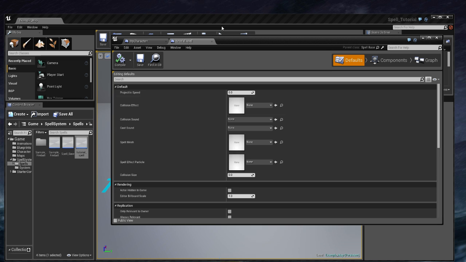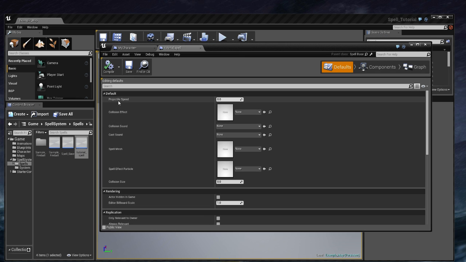The blueprint actually handles more of the projectile of the spell, so it doesn't have to be a projectile, but in case you wanted to create an instant cast spell or a channeled spell, then the channel spell, for example, could be done as multiple projectiles being casted once every second for a certain period of time. And instant cast spells would have a projectile speed. It wouldn't really matter, because what you do is you set the logic of the spell within the tick function